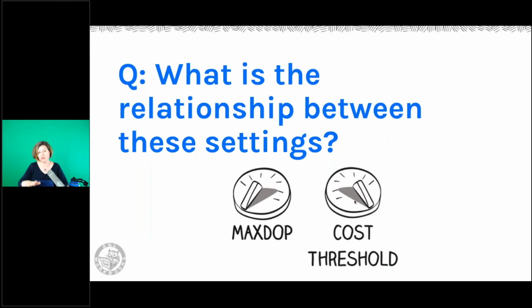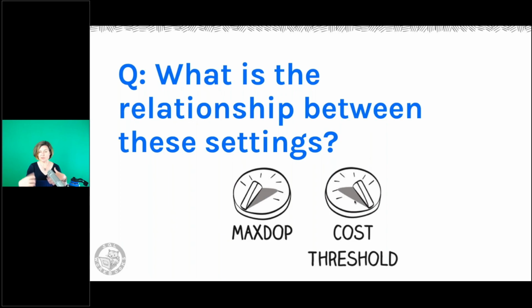Cost threshold helps control, it's not the only thing, but it helps control who goes parallel. MAXDOP says, if you go parallel, how many cores will you use? And it is how many cores will you use? As we've seen, even if I'm using 2 cores, I may use more threads. If I'm using 8 cores, I may use more threads, but those threads are going to stay on those same DOP number of cores. So I can really control my CPU usage by both of these dials